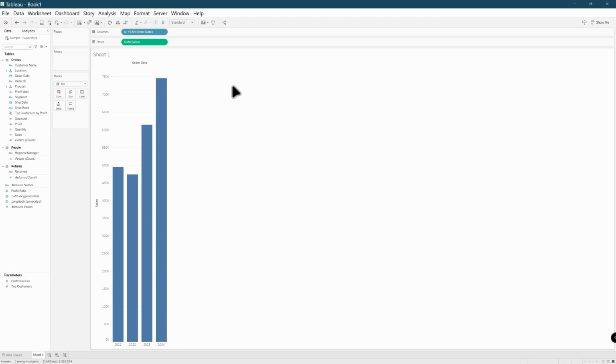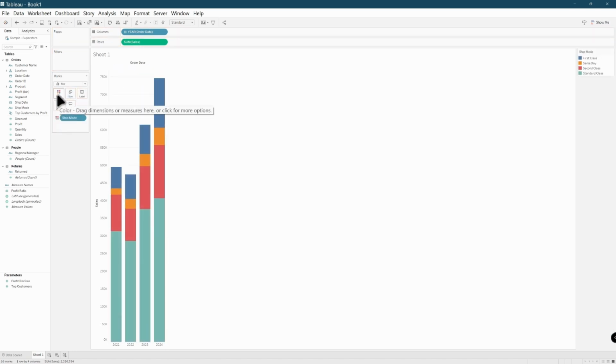The next step is, let's say we want to get more granular in our data set. Maybe we want some more details. One thing we could look at is not only the year, but let's say we want to see how our products are being shipped. We can drag ship mode into the color under the marks card.